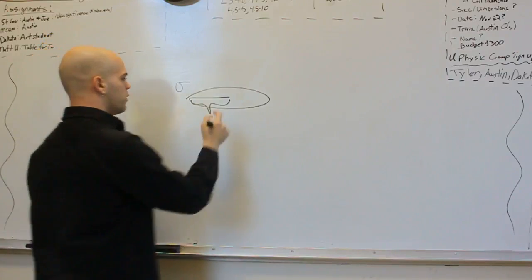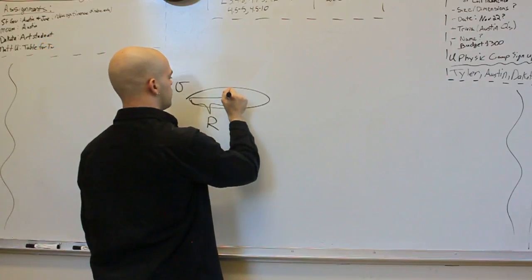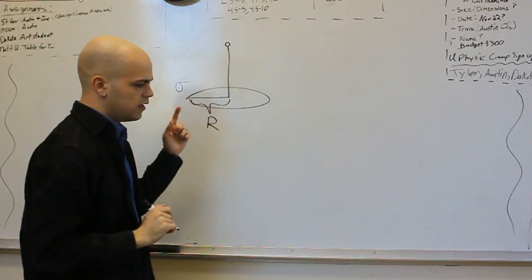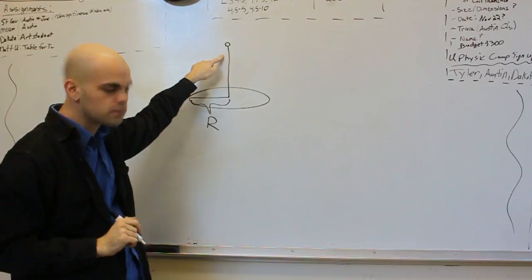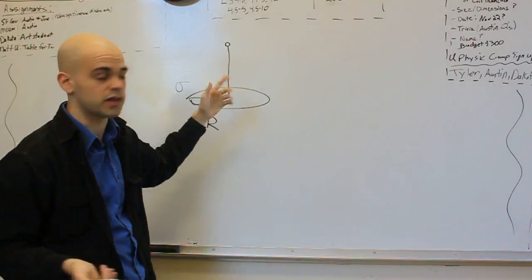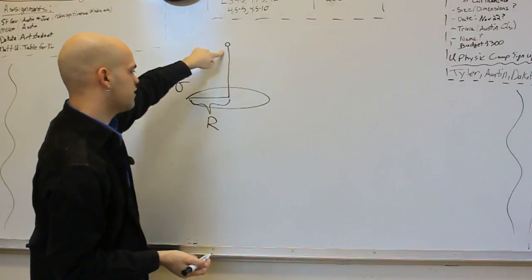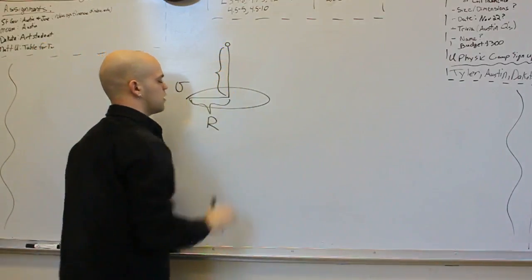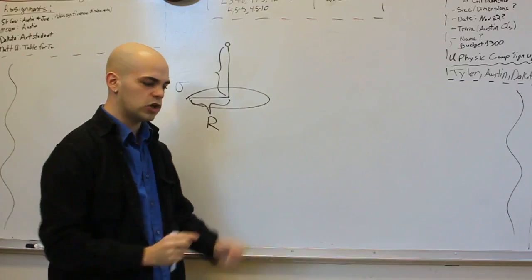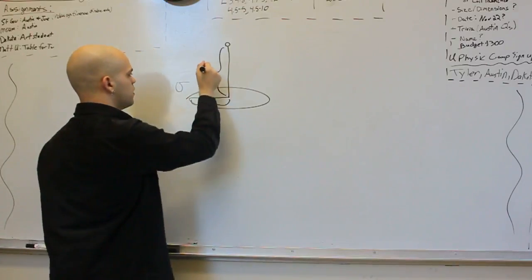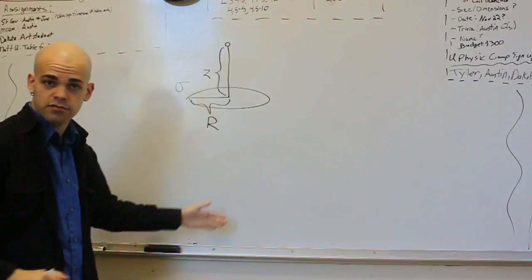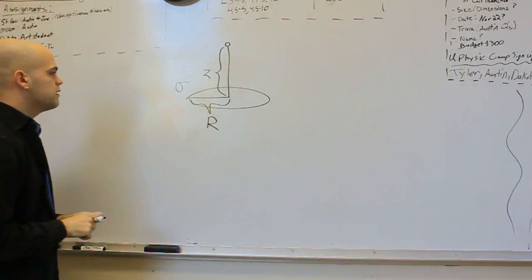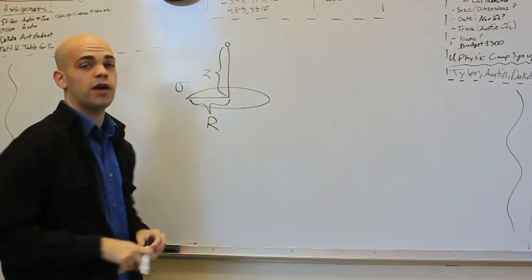Now, what we want to do is find the electric field, or at least the magnitude of the electric field, at a given point along the vertical axis that extends perpendicularly from the center of the disk at a distance z. And that can be negative, but I'm just drawing it here positive. And yeah, so how do we do this? Well,